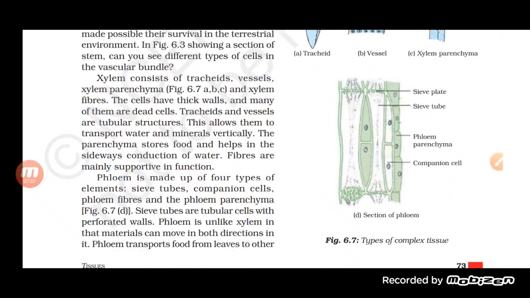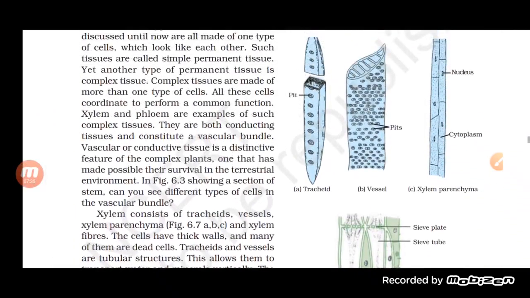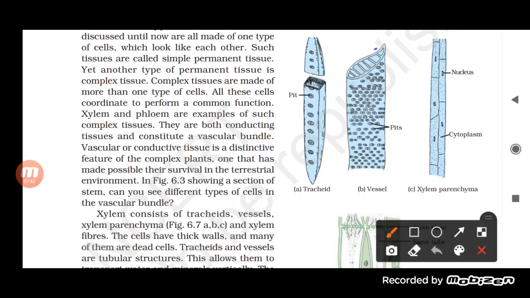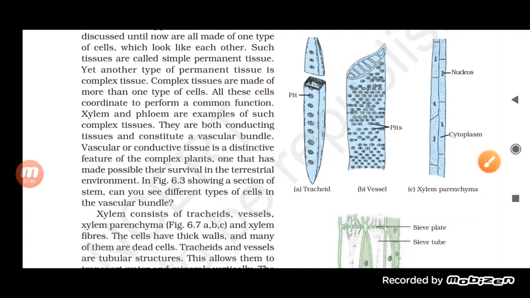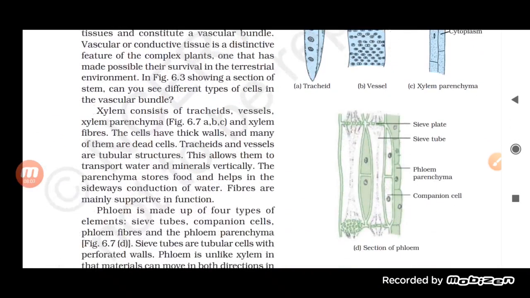Now you will find here that the tracheids have pits, and the vessels also have pits. These pits are responsible, and not only this, when you look at the upper part, student, you will find that there are perforated plates. Now what is the role of the perforated plate? Basically it helps the movement of the water and mineral take place easily with the vessels. So the tracheids or the vessels consist of pits through which the movement of the water and mineral can take place very easily. Okay, so this is it.